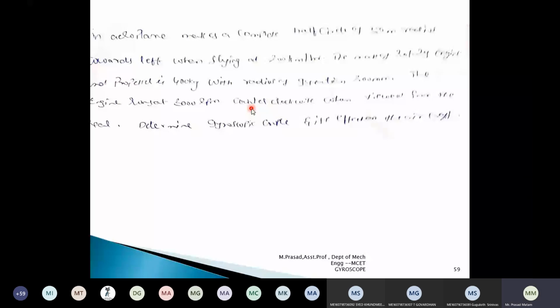So here the condition is anti-clockwise rotor. He has not mentioned whether it is moving left turn or right turn. We need to solve that one, whether it is moving left turn or right turn. First, always read the given data.